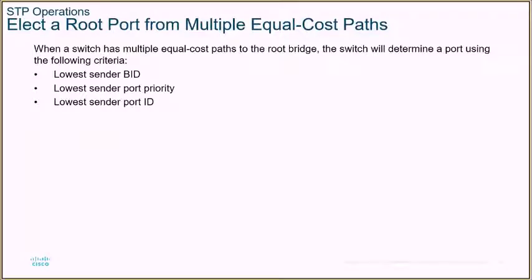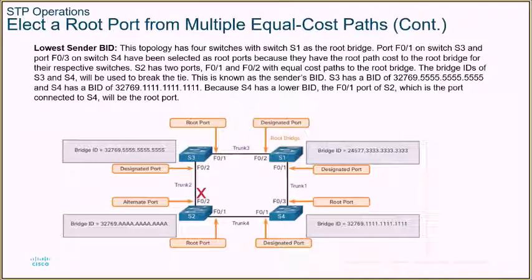To elect a root port from multiple equal cost paths: when a switch has multiple equal cost paths to the root bridge, the switch will determine a port using the following criteria: the lowest sender bridge ID, the lowest sender port priority, and the lowest sender port ID. So with the lowest sender bridge ID, this topology has 4 switches, with switch 1 as the root bridge, this one over here. Port FastEthernet 0/1 on switch 3, and port F0/3 on switch 4